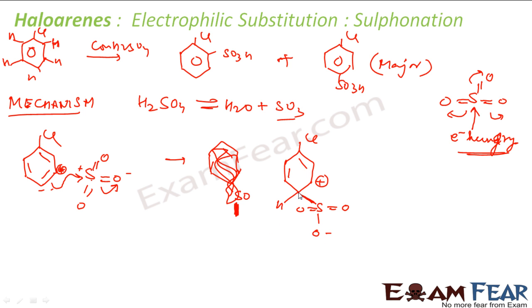Now what will happen is, this positive charge here wants to get rid of it, and there is a negative charge here that wants a hydrogen. So oxygen will take hydrogen from this place. This hydrogen will leave. If you see, this bond will break into positive and negative, right? This will be positive and this will be negative. This positive and negative will form a bond. Correct? So I'm just drawing it for your convenience. This positive and negative will form a bond. So what you will get, and this hydrogen will come here. So what you get here is